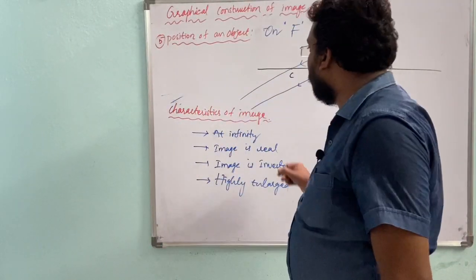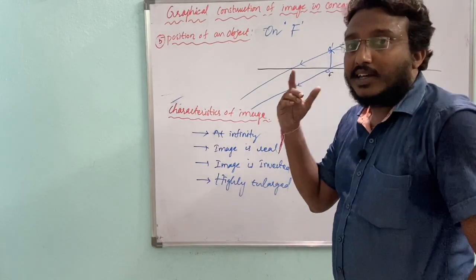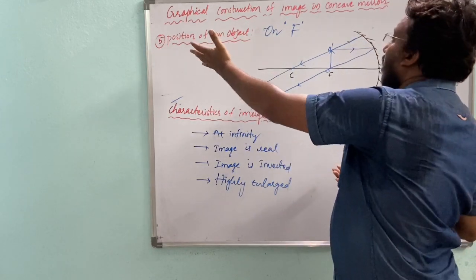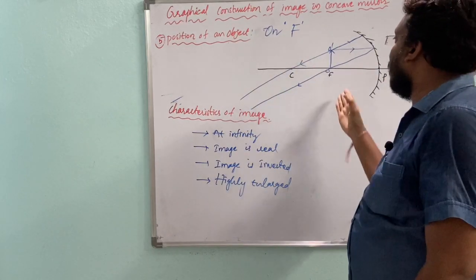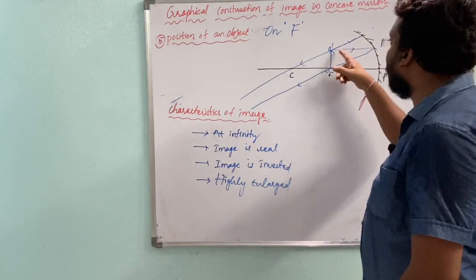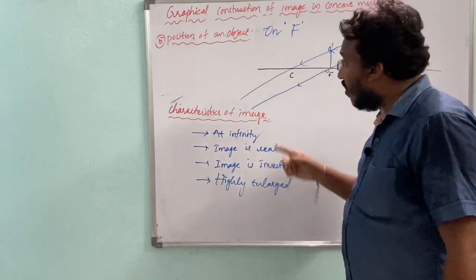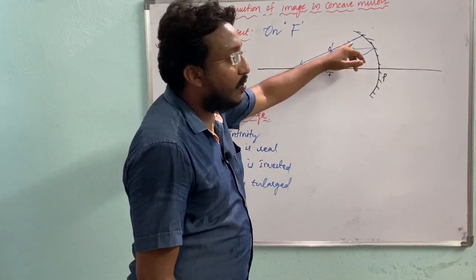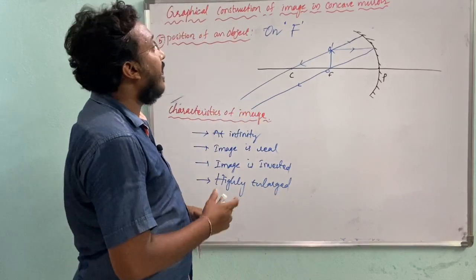This is one more situation where you may get confused. Here we have no chance to use our second rule, the incident ray passing through the focus. Why? Because the object is already on the focus. Then it is impossible to take the second rule. So instead of the second rule, I have used the third rule. According to the third rule, the incident rays pass through the center of curvature and reflect along the same path. Right?